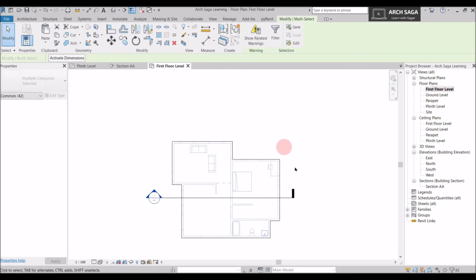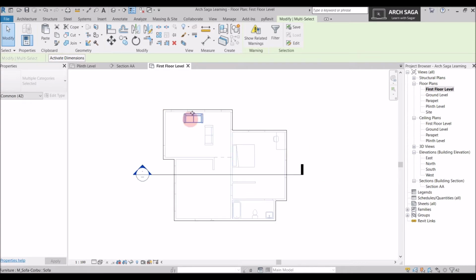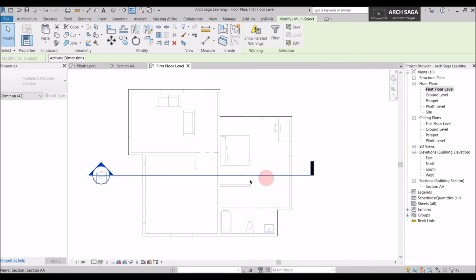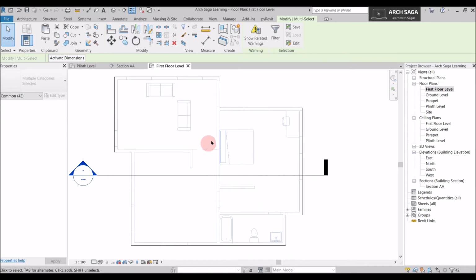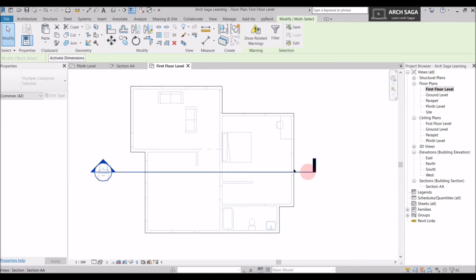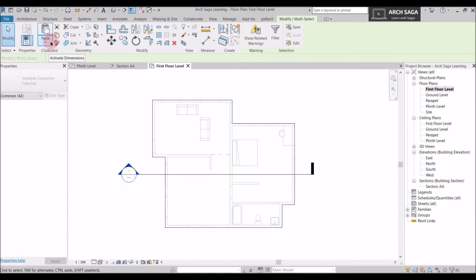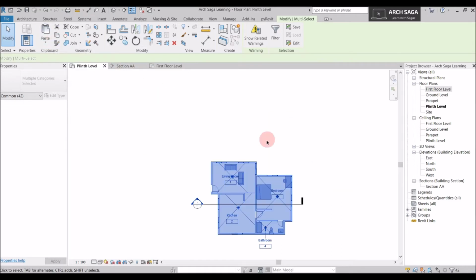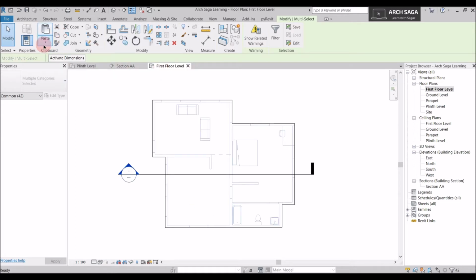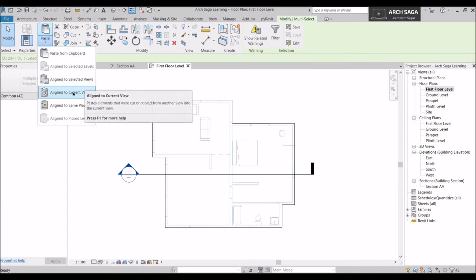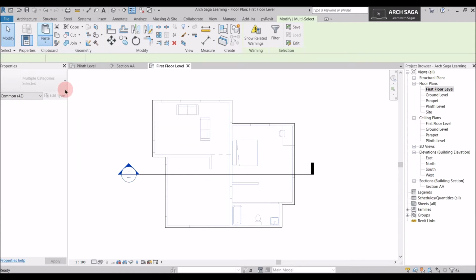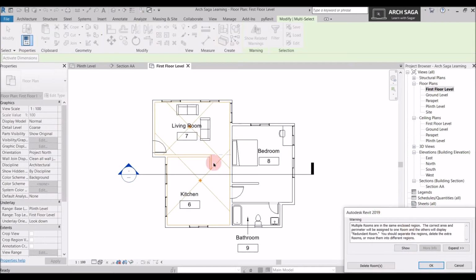So you can see everything is copied here, and you can see just a floor boundary in dark and everything else is in gray or half tone category, because this is on the lower side. So what I'll do, I'll just go to plinth level again. I have not copied it, so I'll copy it again. I'll go to first floor level and I will say align to current view, and this is copied here.